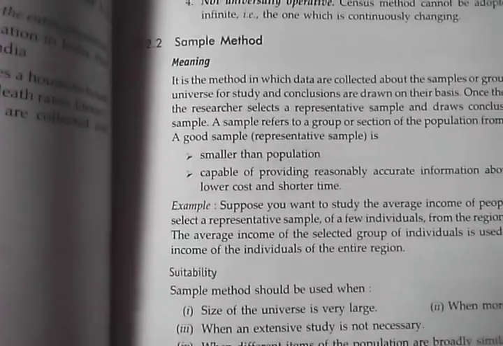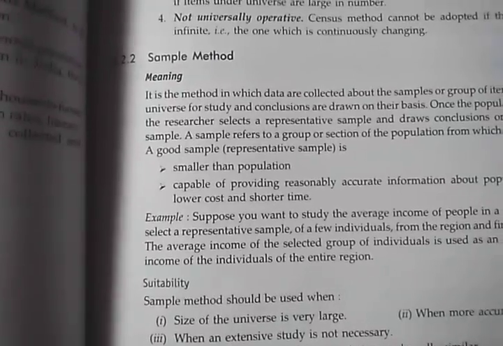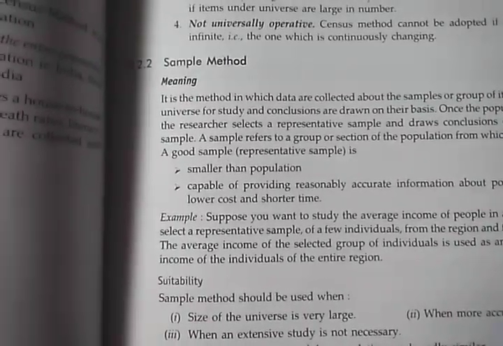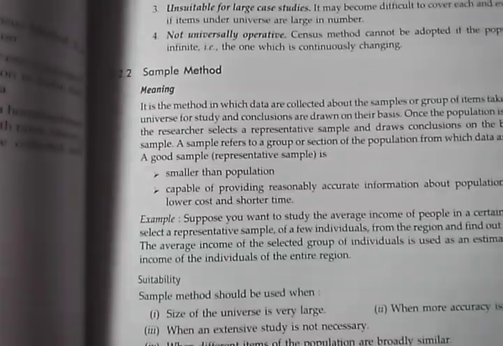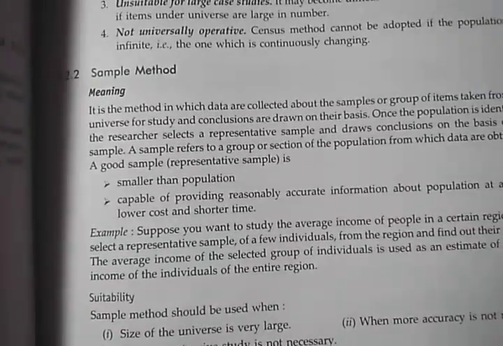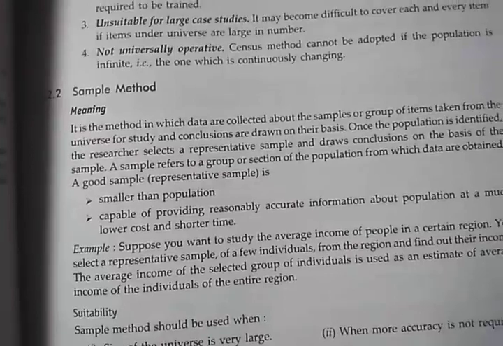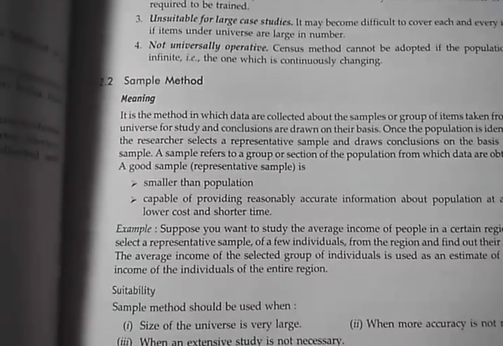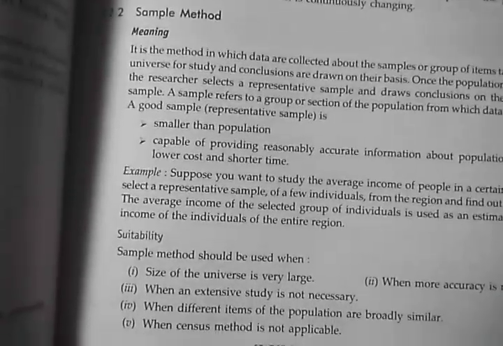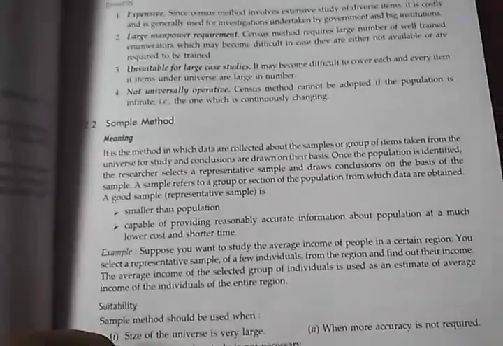Number two, capable of providing reasonably accurate information. In the case of sample method, it is capable of providing reasonably accurate information about the population. So actual information you cannot get. You can just guess, on average information. Now, what are the merits and what are the demerits? Merits are,